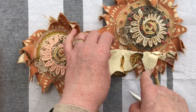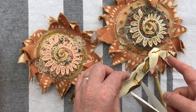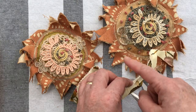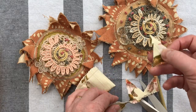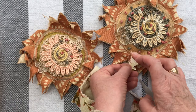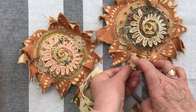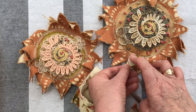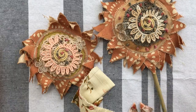your strip of petals around and you keep making them. I usually sew a double strip, I sew one strip and then I sew another strip on top of it. And then I get these bits and I place them down like that and sew them on. You can sew it with a machine or hand sew it or glue it, it doesn't matter. So I just place these single petals here and there around to make it